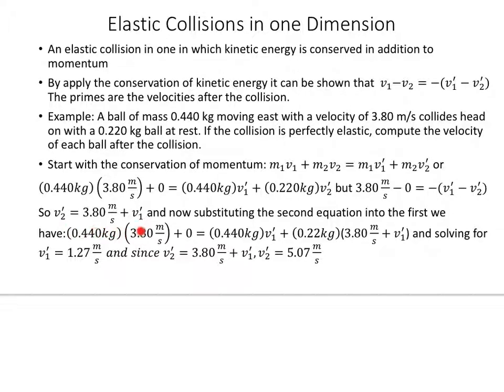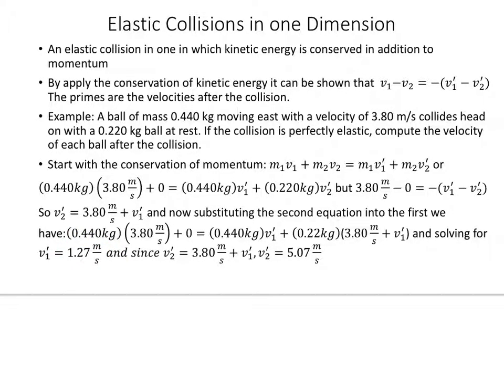Now what we're going to do is take this and substitute it in for v2 prime. So we've got, again, the 0.44 kilograms times the velocity of 3.8 meters per second plus 0, equals 0.44 kilograms times v1 prime plus 0.22 kilograms times, and now we substitute in this expression right here. Then we distribute through and solve for v1 prime. Notice that we've just got one variable here now, v1 prime. Solve for v1 prime, and that is